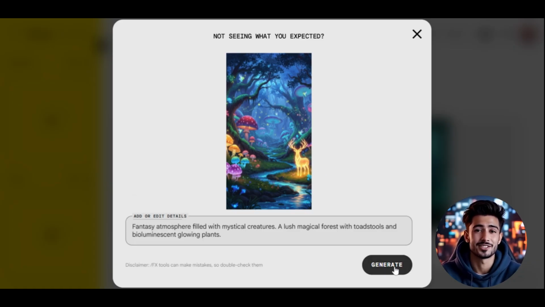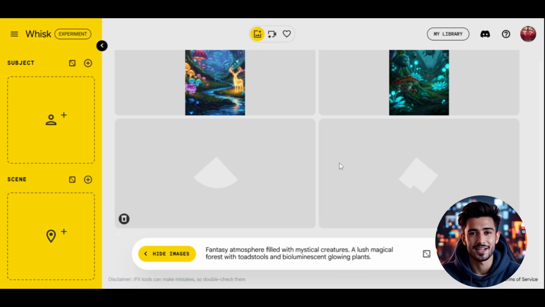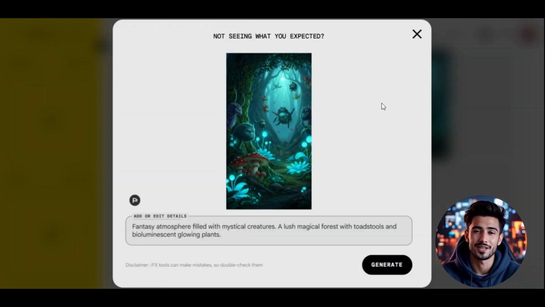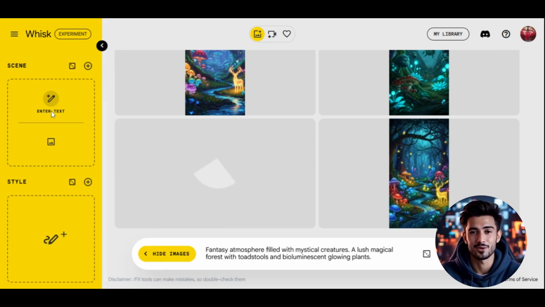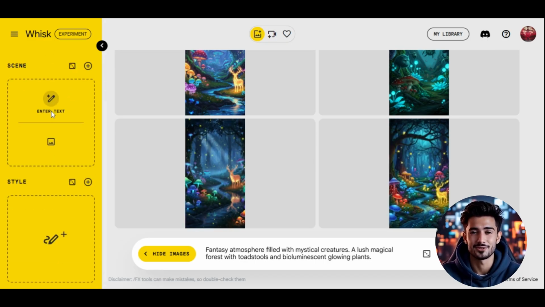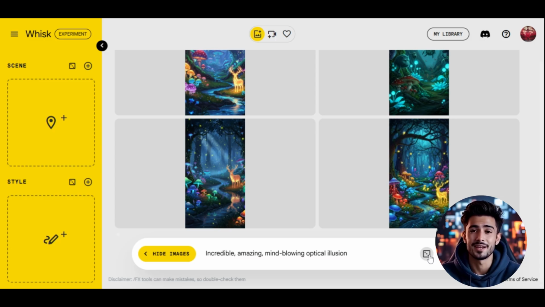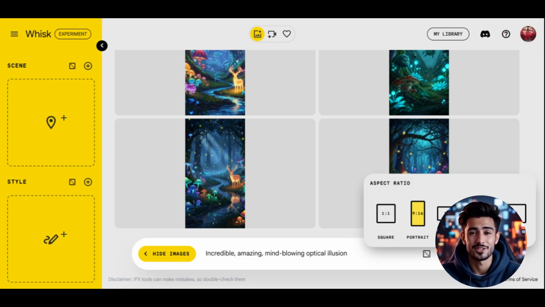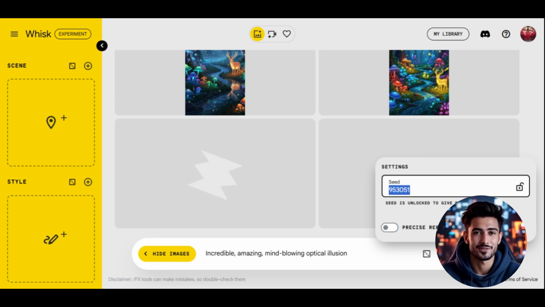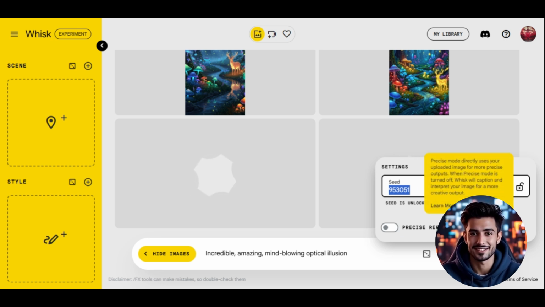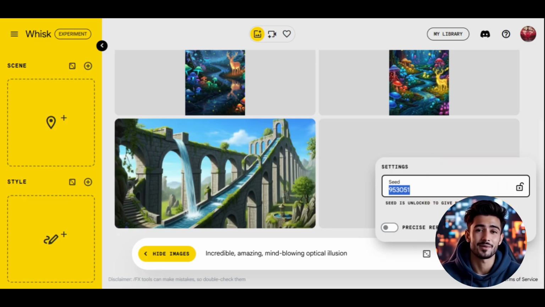Behind the scenes, this tool uses Google's Gemini model to analyze the images you've provided, turning them into a detailed text prompt. This prompt is then used by Google's powerful image generation model, Imagen 3, to create a completely new, blended image. It's perfect for rapid visual brainstorming and exploring new ideas without the need to meticulously write out every detail. The goal is to capture the essence of your visual inputs and remix them in a way that sparks